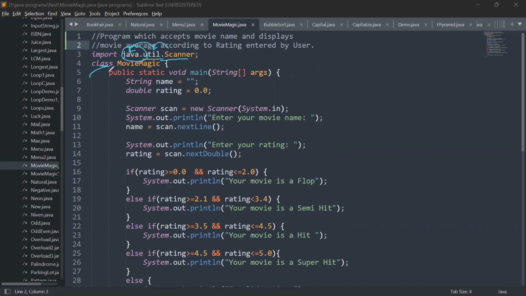So this is the class initialization, and then we have the bracket, which signifies the start of a new block of code. And then we have the main method initialization, public static void main String args, and then the next block of code starts. Then we have the variable initialization over here, String name, and the default initialization for the data type String is